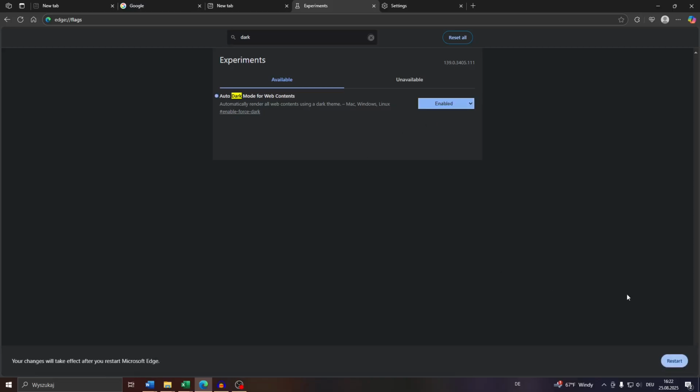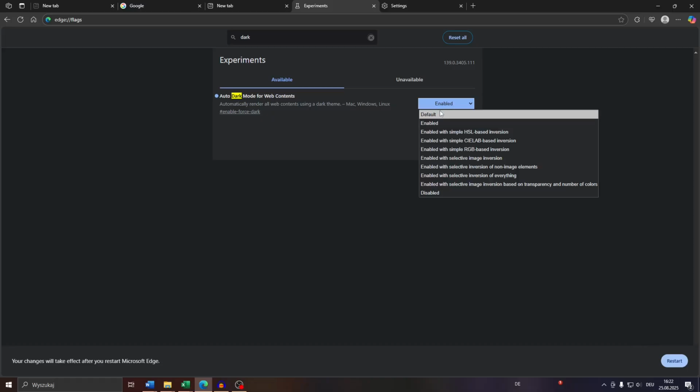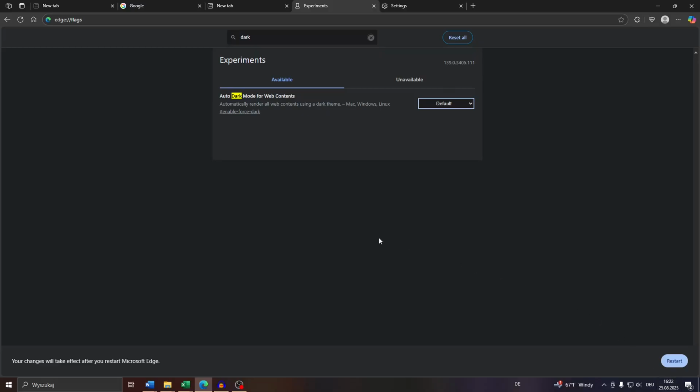After that, Edge will ask you to restart so that these changes may be applied instantaneously. And yeah, that's it. If you'd like to switch back to the previous theme, simply select default here, restart, and that should do it, guys. That's how you apply a dark mode or dark theme for all